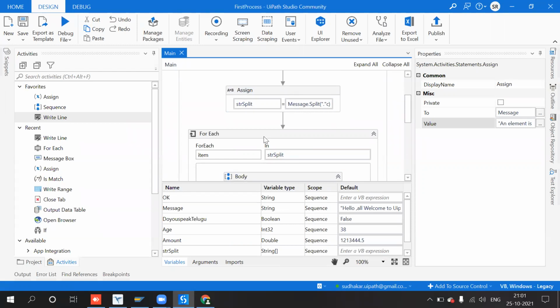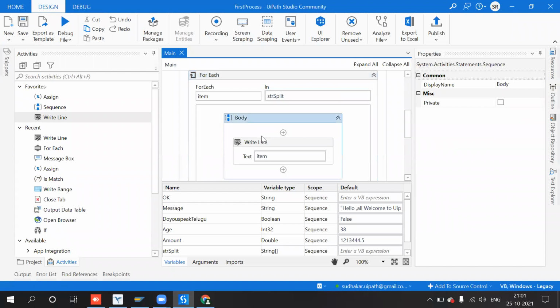So we have to use for each. You have to know that. For example, I have some data and my requirement is to extract the data by using split. After split I got the data in a variable. After that, how to traverse it? Traverse is nothing but how to read one by one element, one by one value from the array. You should know that. So I have to use a for loop.